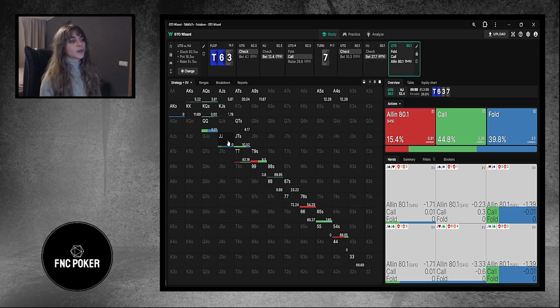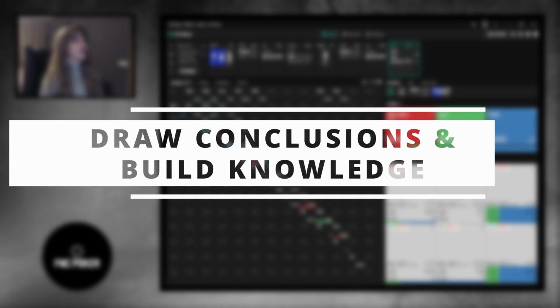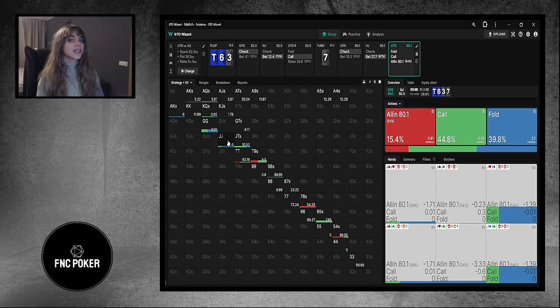But what I want to highlight with this is that you need to take the third step in our hand review process and think of how practice differs from reality, because sometimes the solver output won't be the correct output for the games you play in. And then the fourth step of this process is to draw conclusions based on what you've just seen in the hand that you reviewed and see how that applies in different spots. So these conclusions that you're drawing should be something that improves your overall poker knowledge and your overall understanding of this game. So for example, in this hand, I think what we learned,